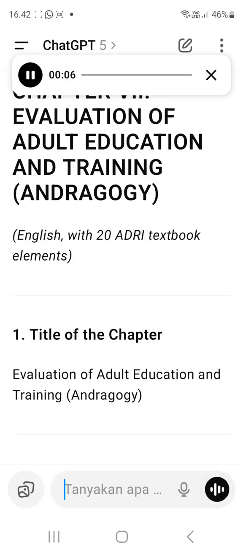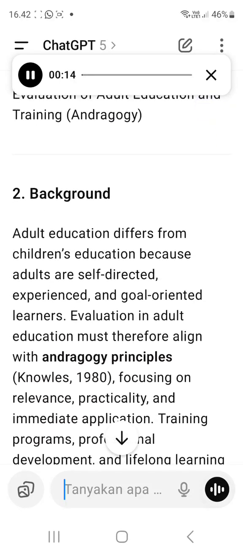Evaluation of Adult Education and Training, Andragogy, English with 20 ADRI textbook elements. Title of the chapter: Evaluation of Adult Education and Training. 2. Background. Adult education differs from children's education because adults are